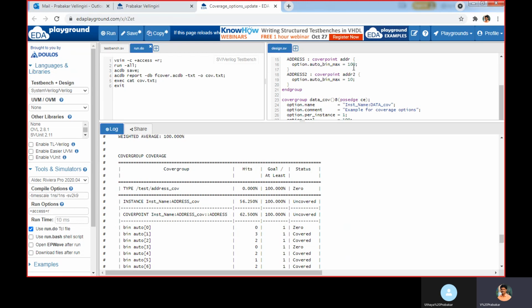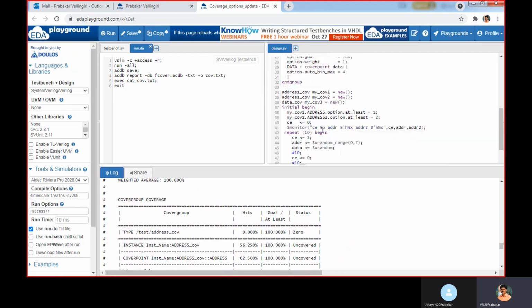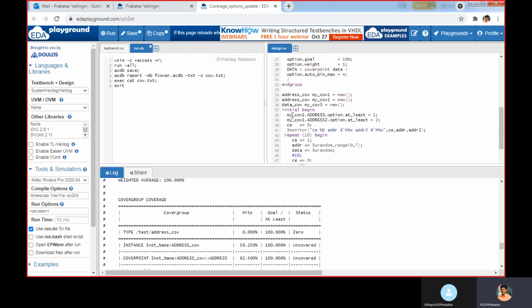You will get the maximum number of bins for this address. Then here we mention the options for data cover. These options can also be mentioned outside the cover group like this. Here option.at_least is used to mention that the bin should be hit at least this many times.